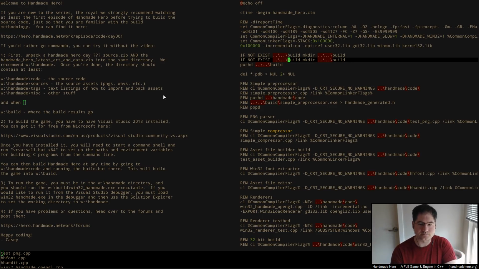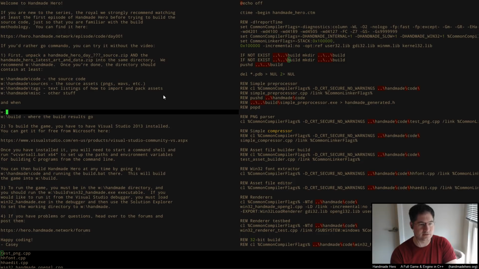Okay, so what we want to do here is say, look, we're going to have to make the data directory. So it's going to create w handmade data. And yeah, I think that's all we really need, right? And it'll push that in there. We could have the game put the art assets in the build directory, but I don't know that we want